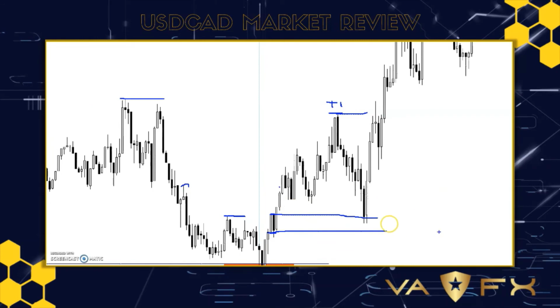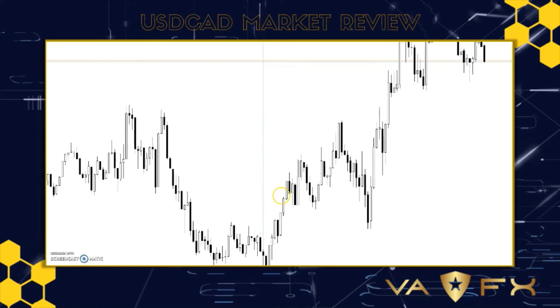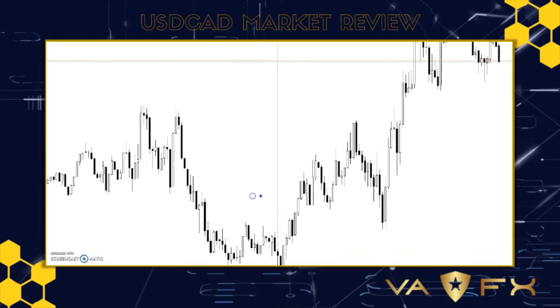Okay. Now as I mentioned before, let's say that we were not able to buy here, right? Now we have another chance. Here we have a swing high, we have this other swing high up here. Let me clean this first, okay, and let me zoom in. Right here. Okay, so our target is here. Now, assuming that we were not able to buy down here,